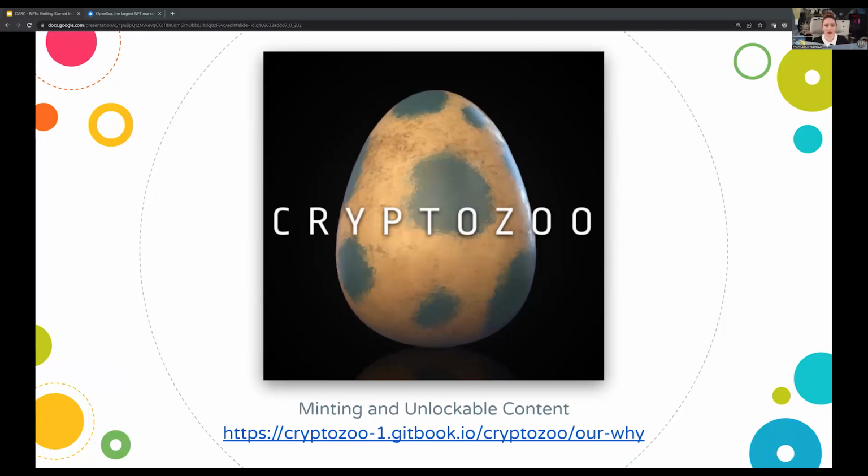Or, for example, on this other platform, this is a little more complicated. This crypto zoo collection allows you to buy an egg rather than a final, full-blown animal that they also have available. So instead, you could buy the egg for a little bit less, and then it will hatch, and you'll find out what you get in that animal kingdom. So it's a bit of a surprise inside sort of thing.